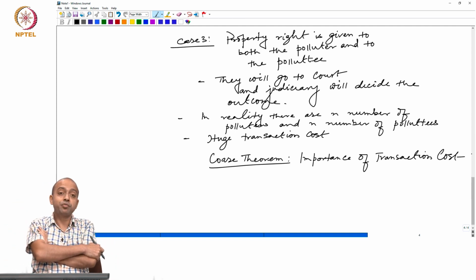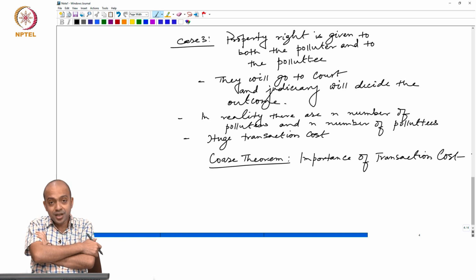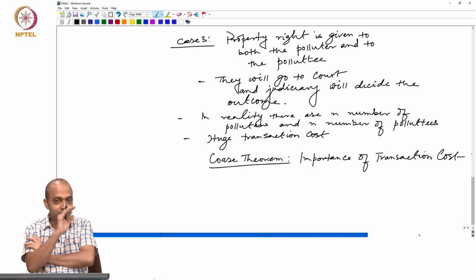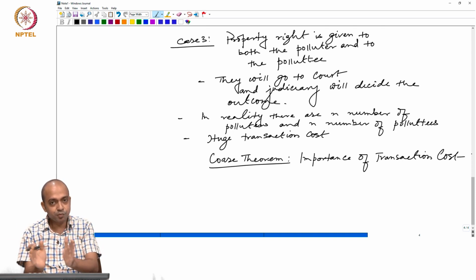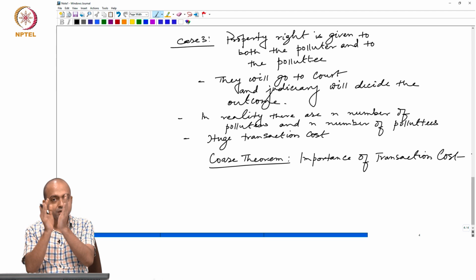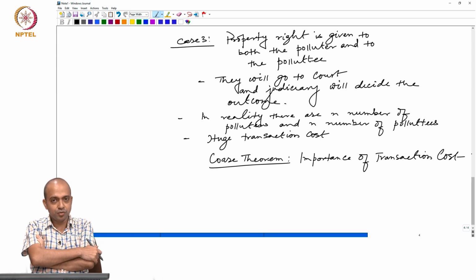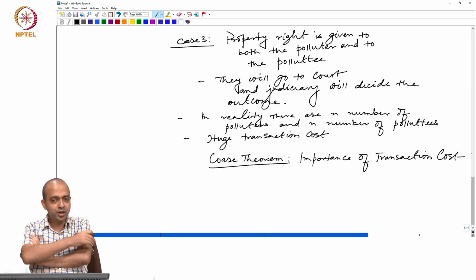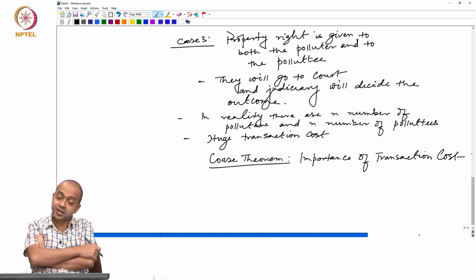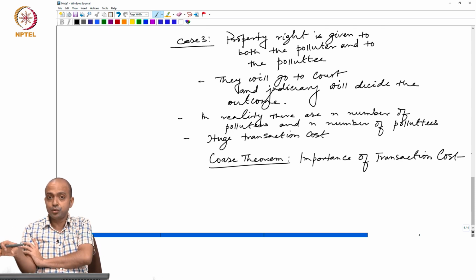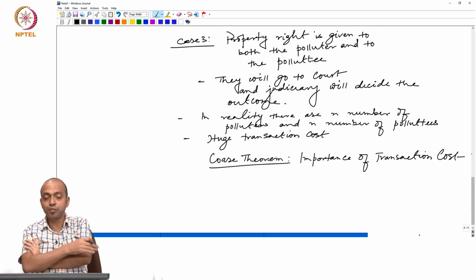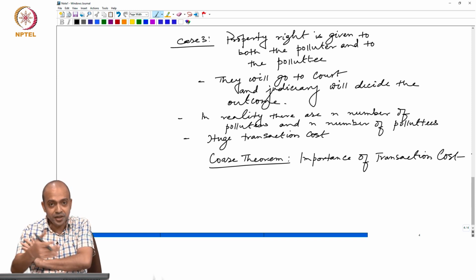Okay, the importance of transaction cost is what I wanted to convey with this simple theory. What I established is that if it is possible to have a world with zero transaction cost, then the private players can meet without any friction, and that will result in an efficient level of pollution. But when there is a transaction cost, it is not possible for the private players to meet and bargain. There is a need for government intervention to facilitate